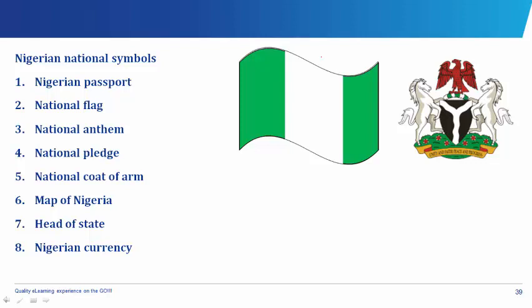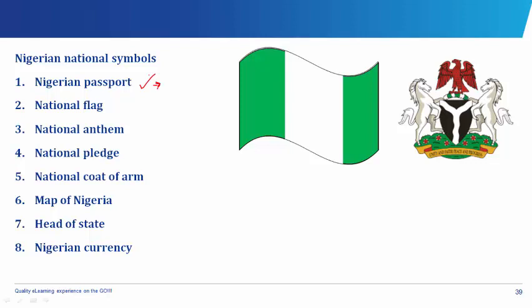So the national passports, the Nigerian passports, serve as an identity card to all Nigerians wishing to move out of Nigeria to other countries of the world. So when you're moving out of Nigeria, you must have your national passport, which identifies you as a citizen of Nigeria. But within our country, Nigeria, it's not required unless you want to. It's not required to have it or move around unless you're not a citizen of the country.